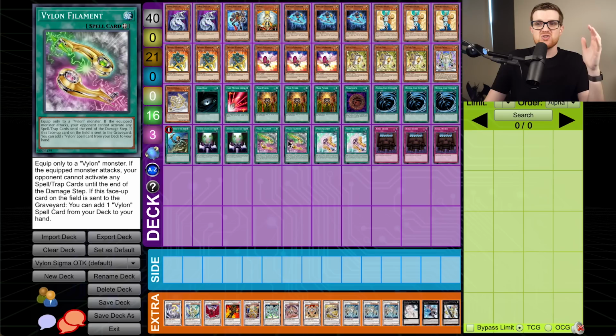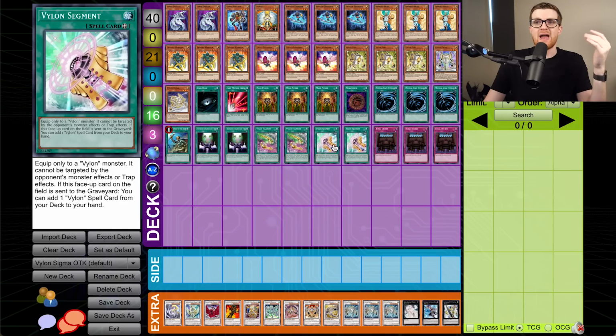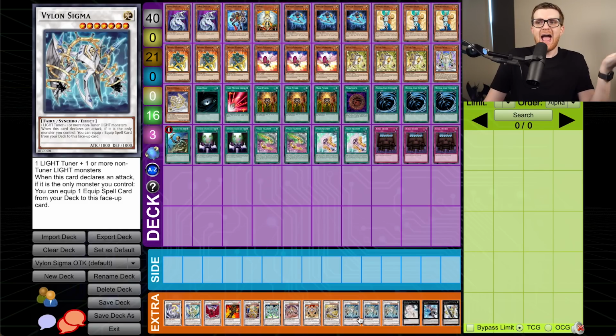Vylon Filament says your opponent cannot activate spells or traps until the end of the damage step. Now, this one's probably the better of the two, just because if you're playing into Dimensional Prison, Sakuretsu Armor, Mirror Force, etc., then this will protect your Sigma from getting killed. And respectively, Segment is also similar because it makes it so the monster can't be targeted by opponent's monster effects or trap effects. But again, I don't think this is worth it